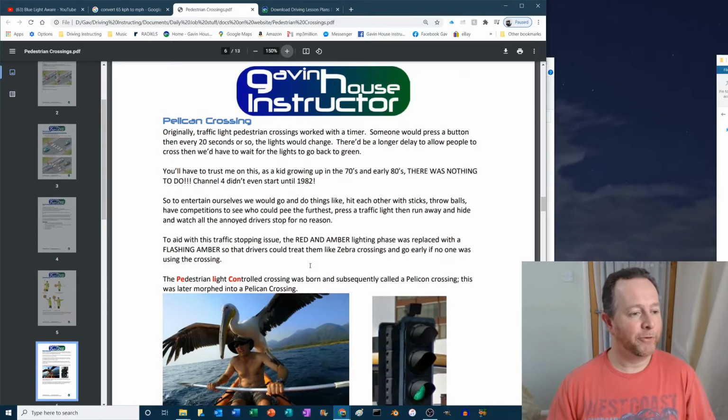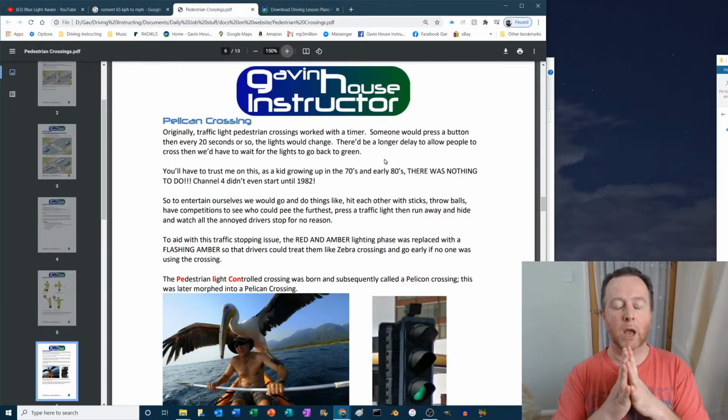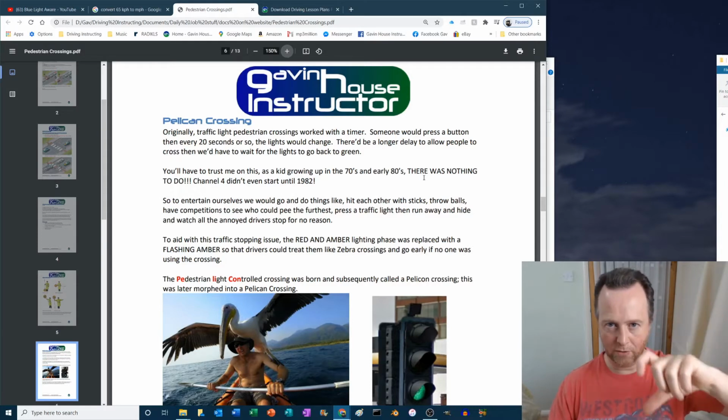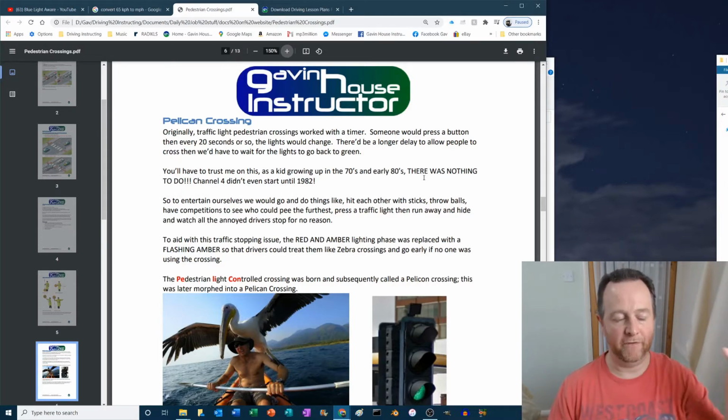Pelican. Right. Okay. Pelican. Let me give you a bit of history on this. Let's take a bog standard traffic light. The bog standard traffic light was red, red and amber, green. Right? Fine. But